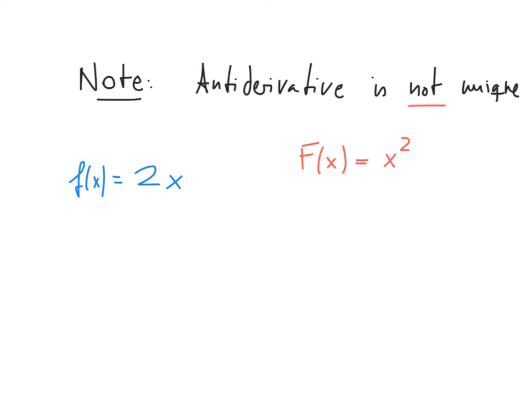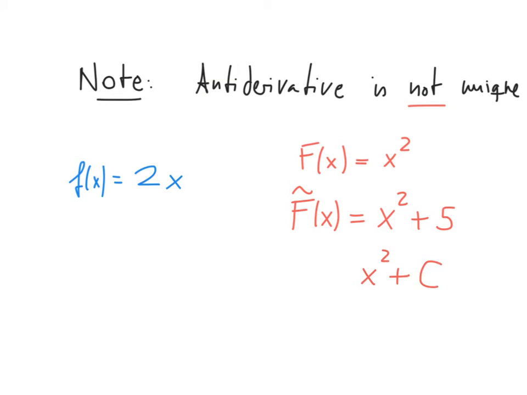But as you easily see, for instance, f tilde of x, x squared plus 5, is also an antiderivative, because if I take the derivative of this function, we get 2x, and the 5 just vanishes when taking derivatives. So here we have two different antiderivatives that are different functions, but they give the same little f, they have the same derivative. In general, as you will see, any function of the form x squared plus c, where c is a constant,